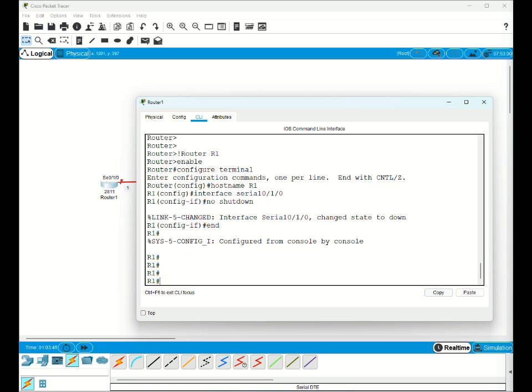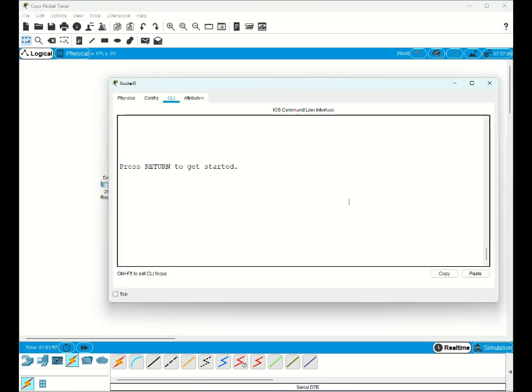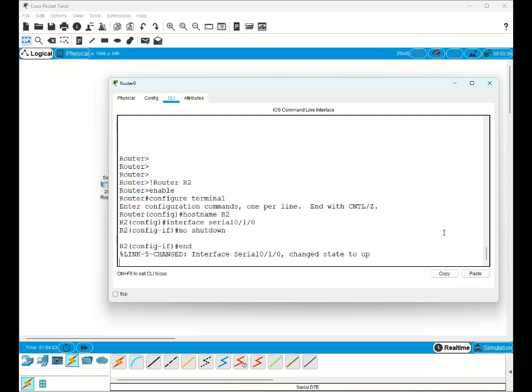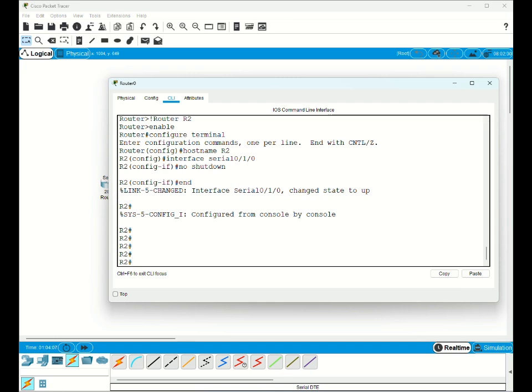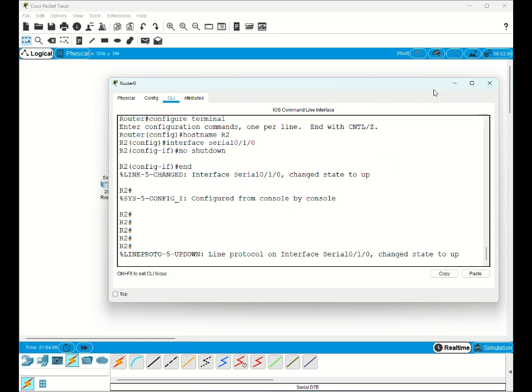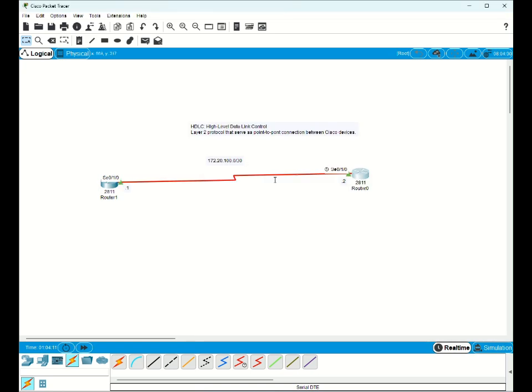Good. So let's go to router 2 and do the same. We are simply configuring the name. Now on router 1, as you can see, the interfaces are up. We are going to verify